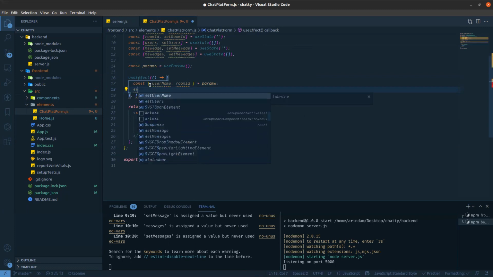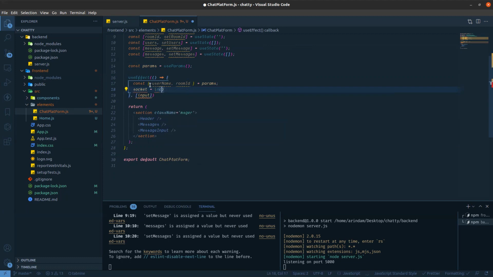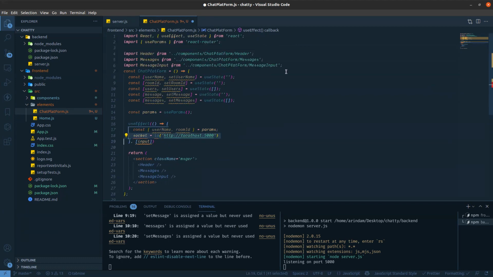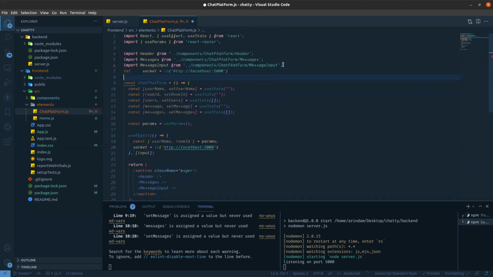So socket equals io, and then we need to provide the link. In our case it is http://localhost:5000. We created that socket server on this route, you can see. I'm keeping this socket as a global.